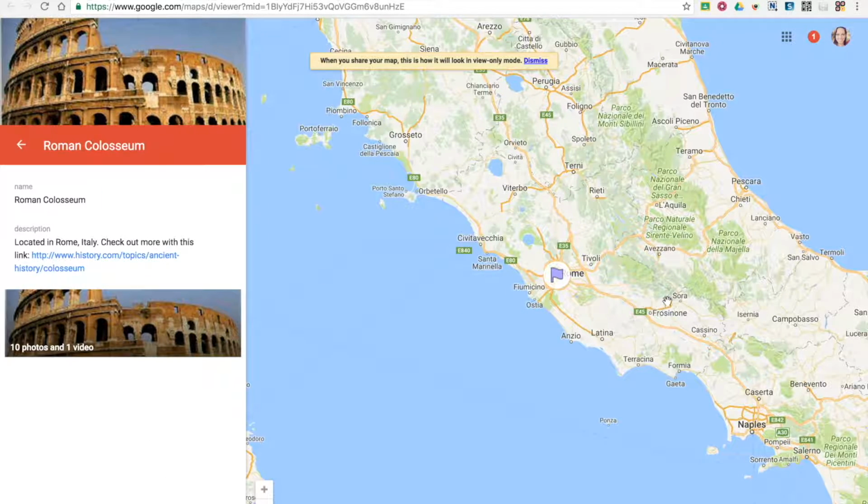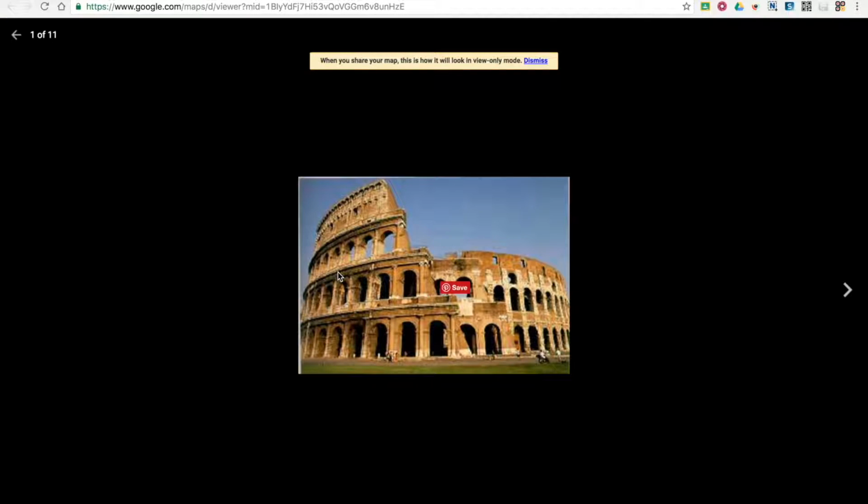So it's going to take me directly here on the map. It's going to zoom it in for me. It's going to give me our title on the left. We've got our description with the link that we gave the students for further information. This time you can see it's 10 photos and 1 video, so they can click on that and they can